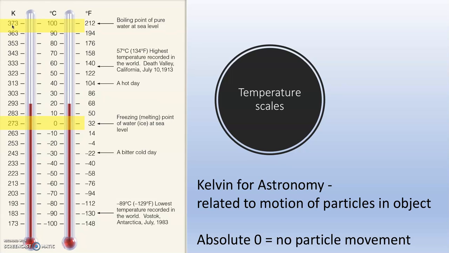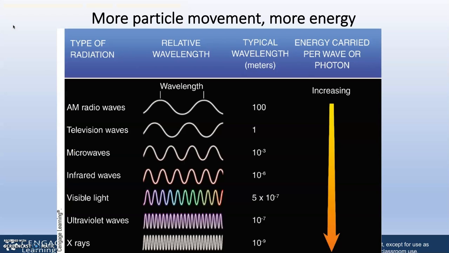We are going to be talking about Kelvin in astronomy because of its relationship to particle movement. And in terms of that, we talk about particle movement and energy quite a bit. And we talk about the fact that energy moves